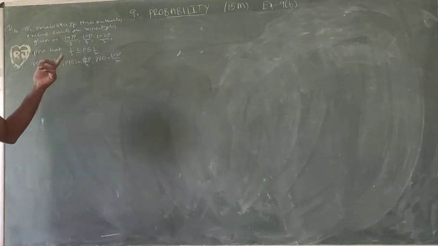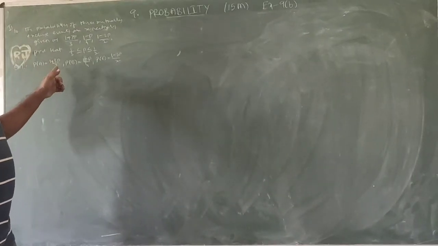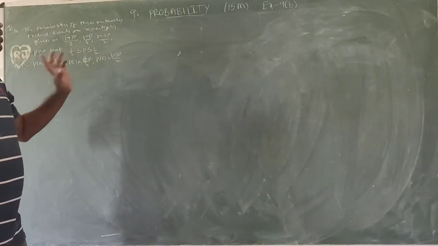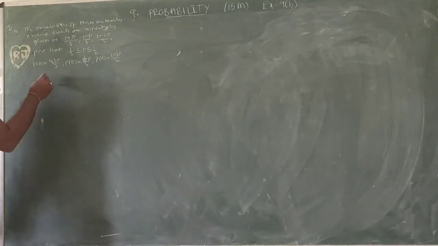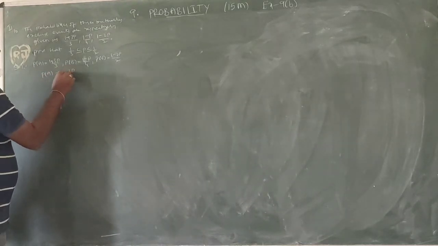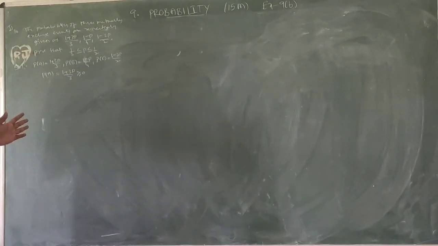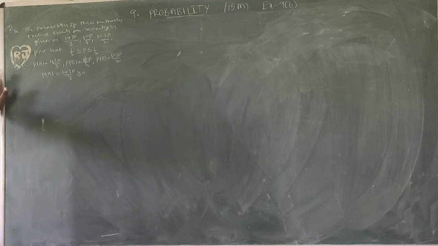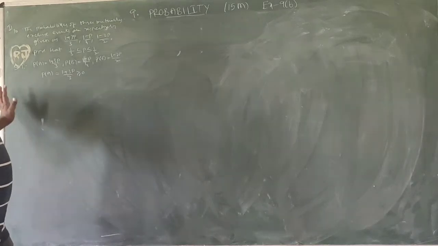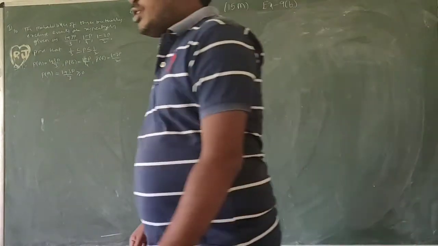So A, B, C are the three events, and those probabilities are (1 + 3p)/3, (1 − p)/4, (1 − 2p)/2. So (1 + 3p)/3 should be greater than or equal to 0. Probability is non-negative. Probability should lie between 0 and 1. So I am taking probability first; all should lie between 0 and 1.